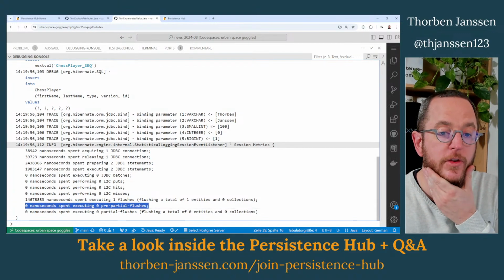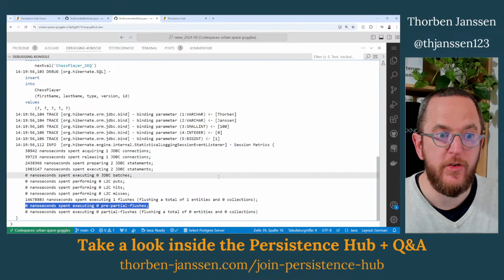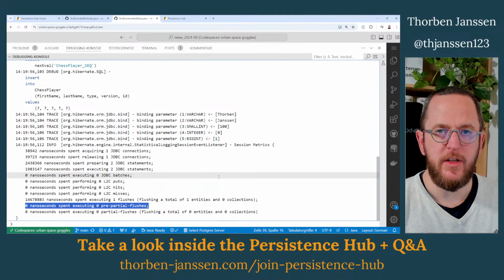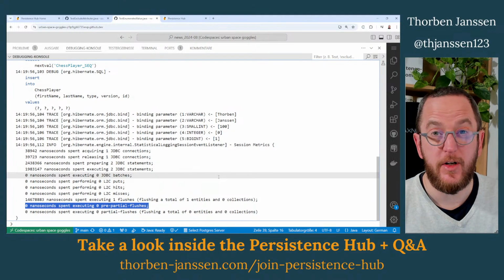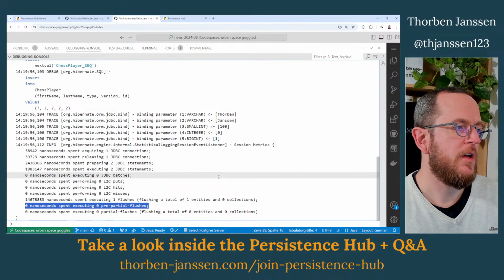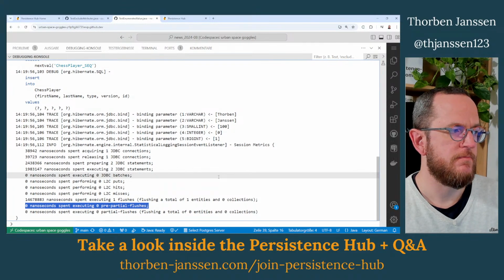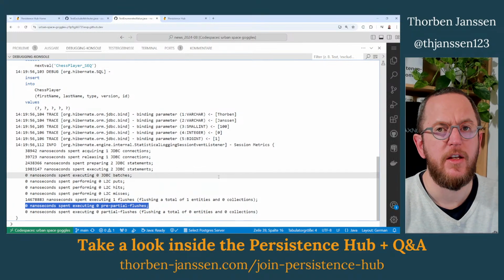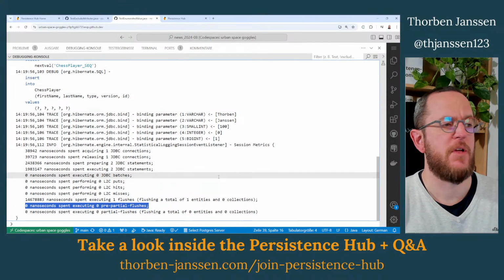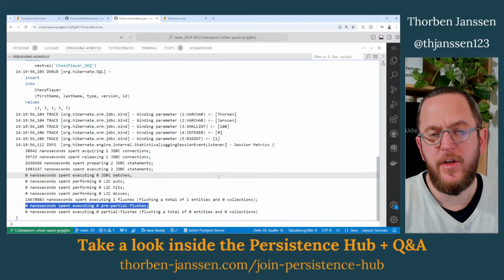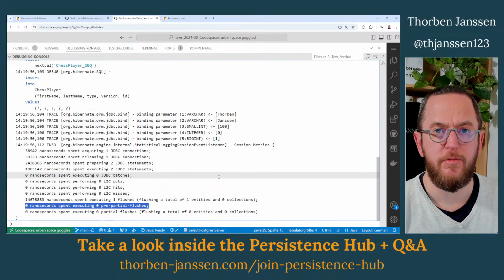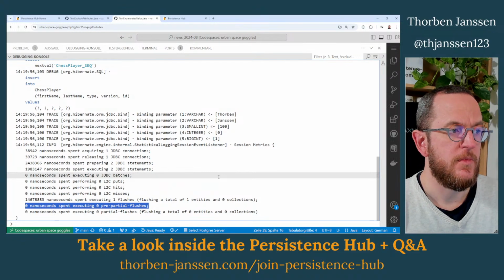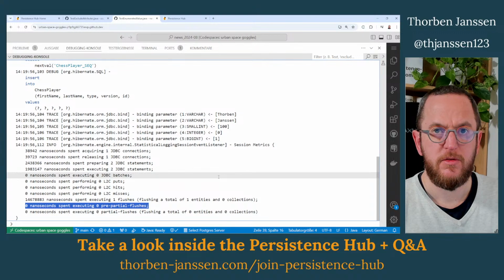So all of this and how to handle all the different situations is, for example, something that we discuss in great detail in the Hibernate Performance Tuning course that you can find in the Persistence Hub. But to be honest, right now, without having any more information, Marwan, I have no idea why the performance for SQL Server might have degraded while the performance for MySQL stayed the same.